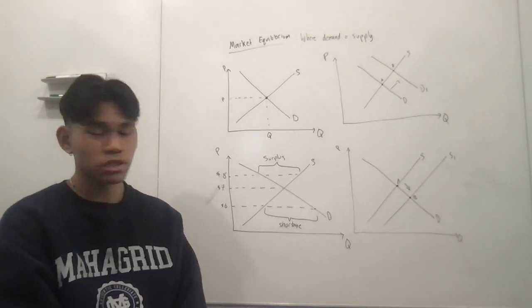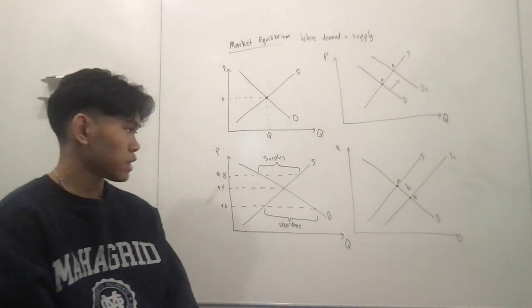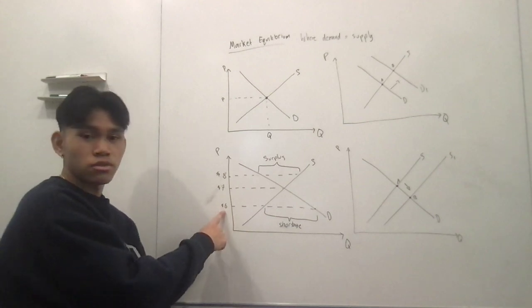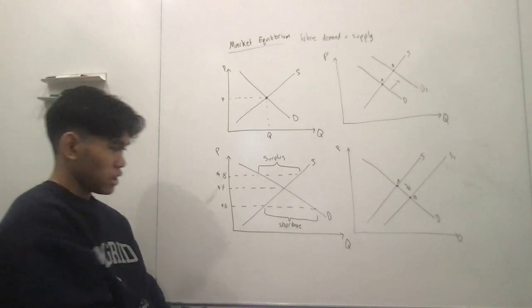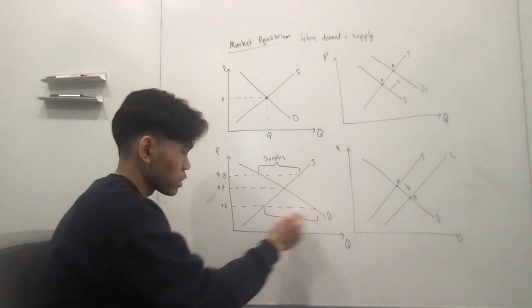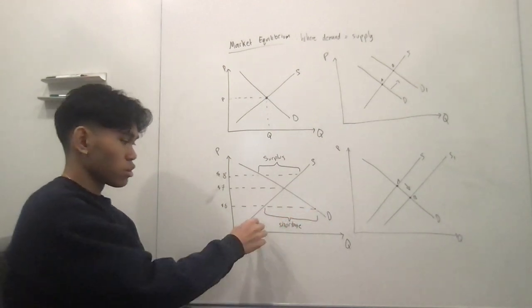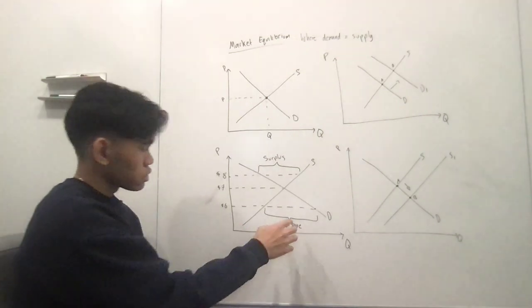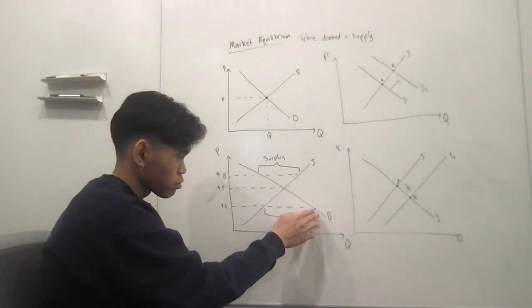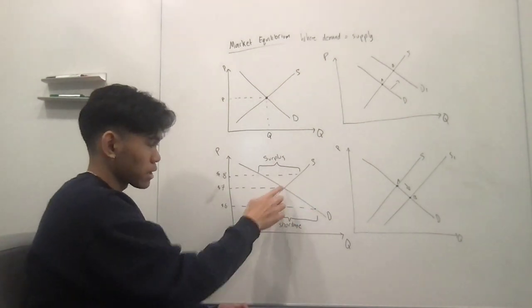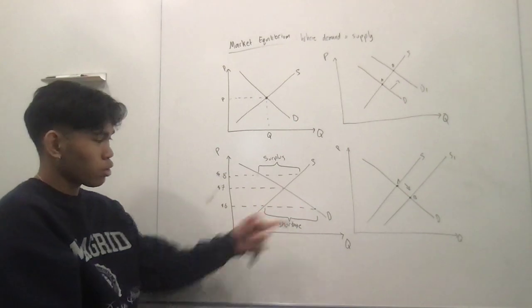Now, a shortage is also known as excess demand, and you can see up here when, for example, the price is too low, in this case $6, and we're producing at this point here, there's more demand than we have supply. As a result, we have a shortage or excess demand, and eventually this price will increase to the point of $7, and now we're back in market equilibrium,